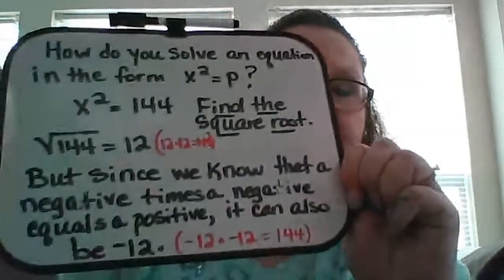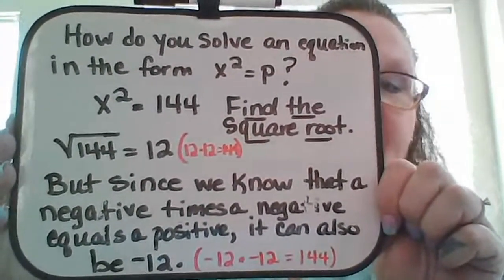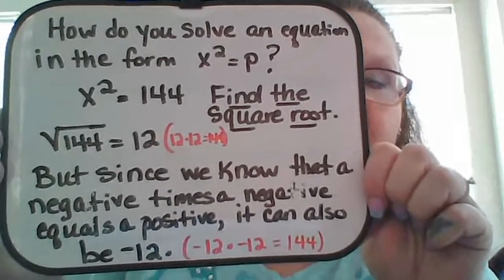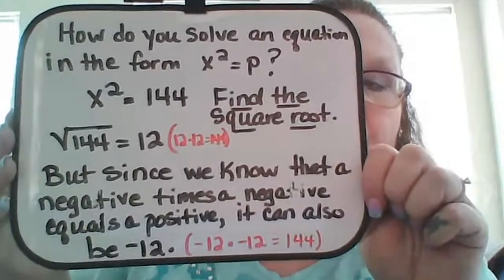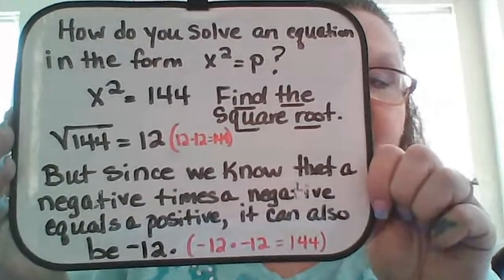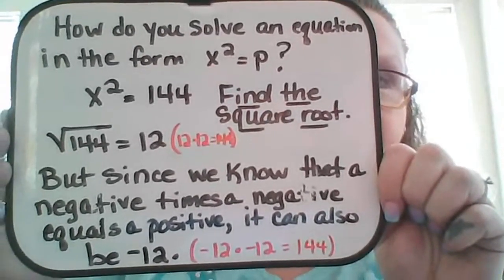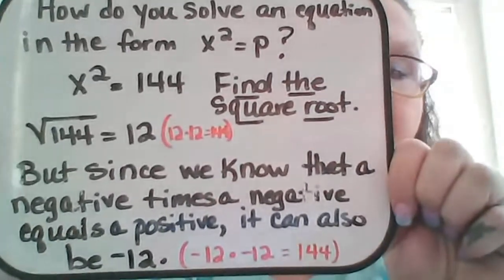We have a question here that says, how do you solve an equation in the form x squared equals p? Now, if we put a number in for p, such as 144, we want to know what number times itself gives us 144. So we're simply just finding the square root. So you would type in your calculator second, x2, 144, enter, and it would give you 12 because 12 times